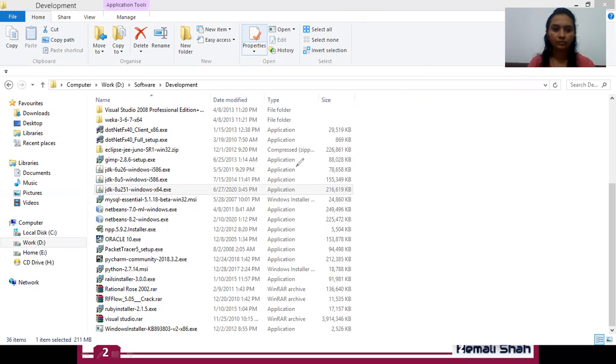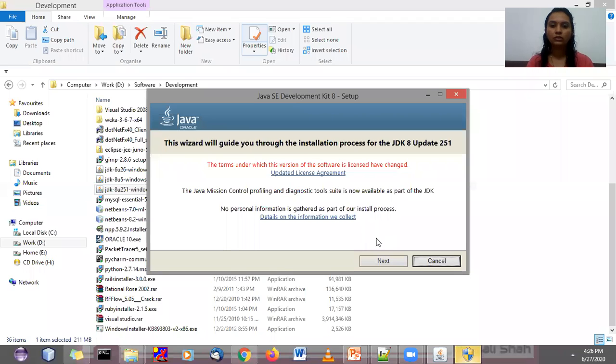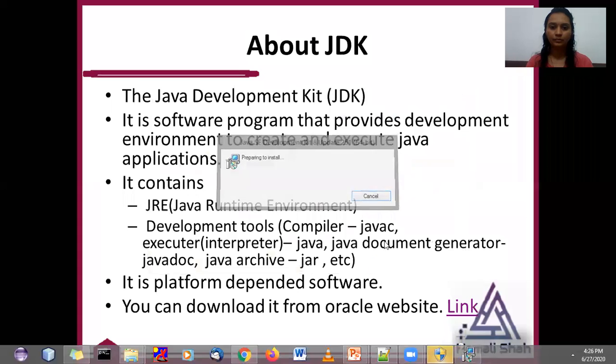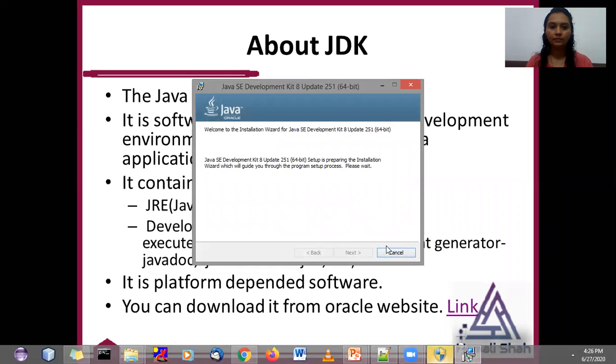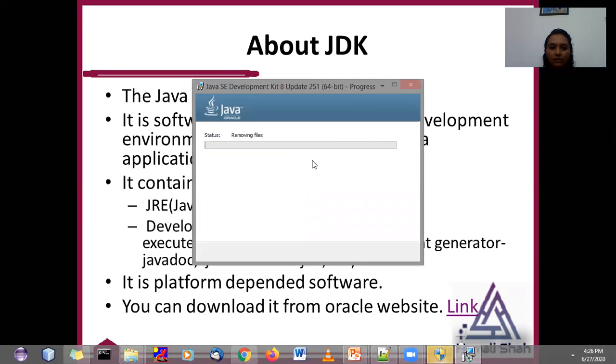You will get one window for installation. It will take some time. You will get this window. You just need to press the next button. When you press the next button, it will show you the JDK wizard. You just need to press the next button.